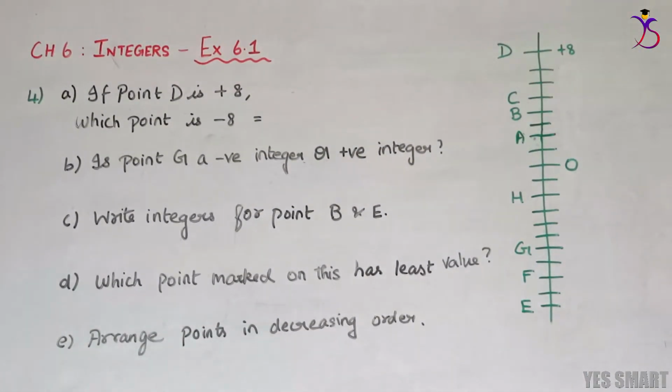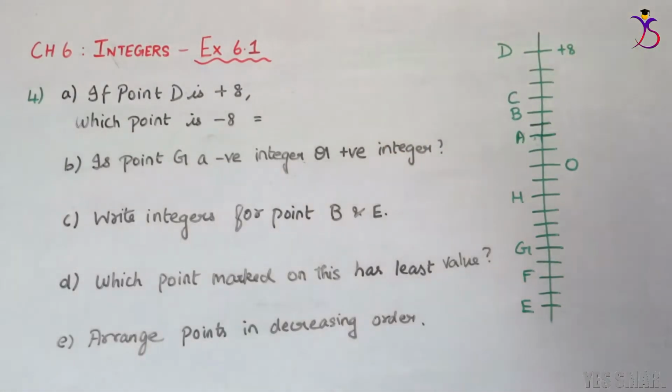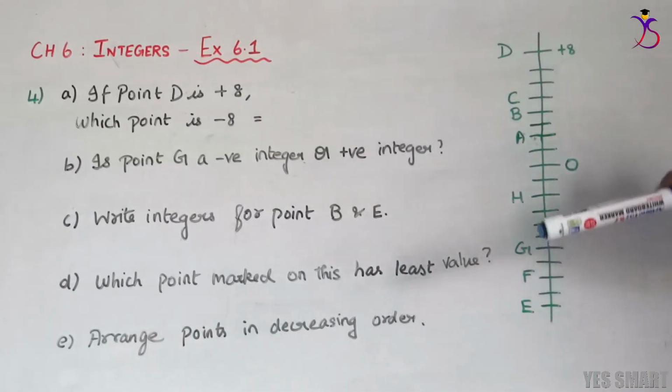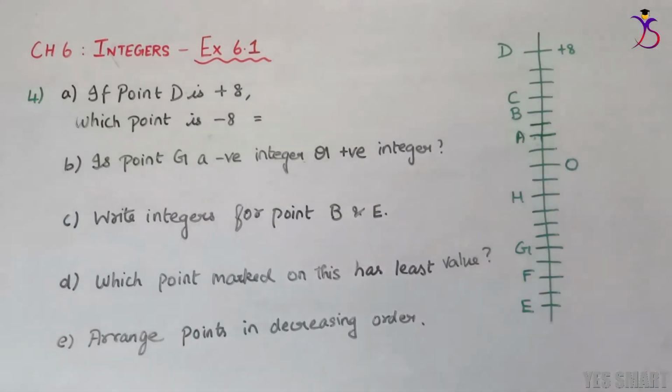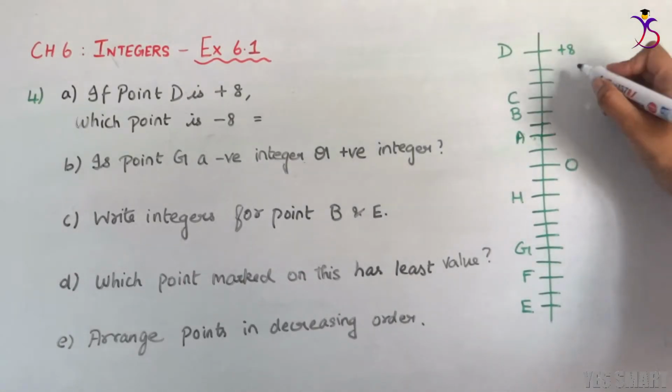Next, we are going to discuss the fourth sum. In the fourth sum, they have given certain questions and a number line beside these questions like this. In order to solve this sum very easily, I am just going to fill out the complete number line. Since the number line starts from +8, I am filling out the next numbers. We have 0 down the line, therefore the value will decrease from +8 to 0. So let me fill the number line.